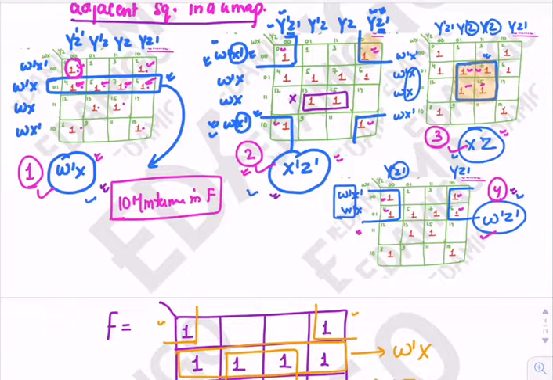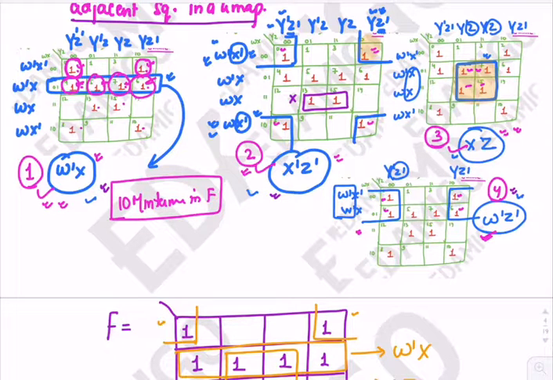This min term is covered by second as well as fourth, so this is also not exclusive. This min term is covered by the first and the fourth. This is covered by the first, the second, and the third. This is covered by the first and the third. This is covered by the first and